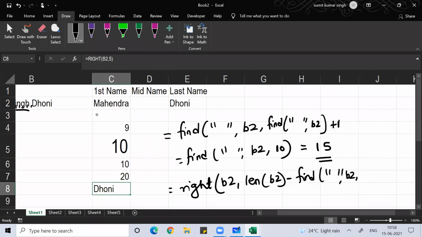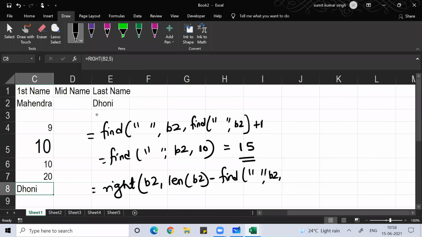And then if you write FIND again, double quote space double quote comma B2 +1, close as many brackets as you opened. So from 20 it will subtract 15 and give you the value 5. Clear, everyone?